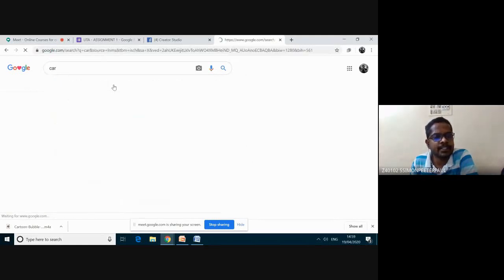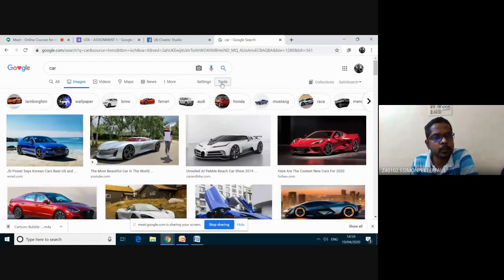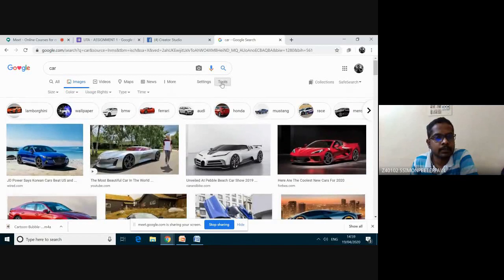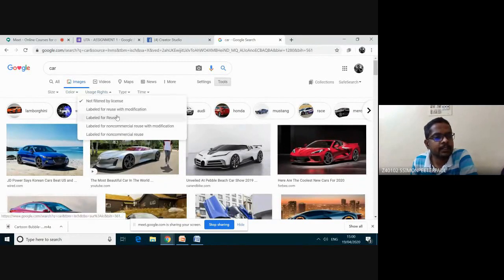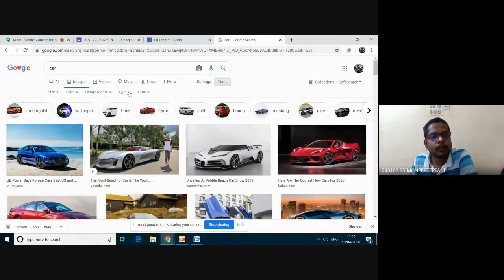I'm clicking this image, and I'm going for tools, and then I can select by size or change it by its color, and then I have to filter by label for reuse. This one is a good option, and then go for a type if you need.